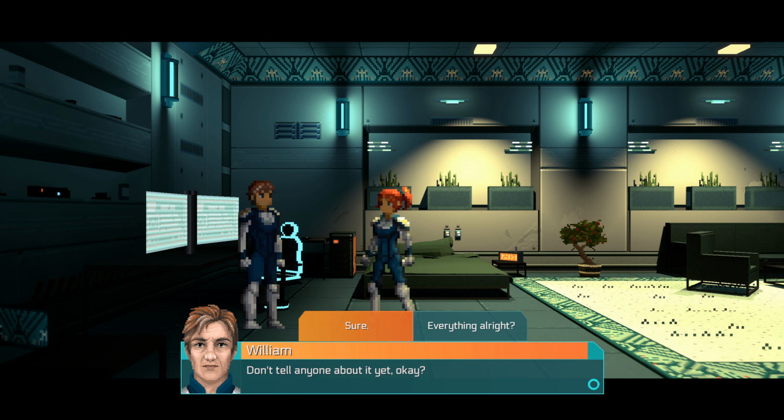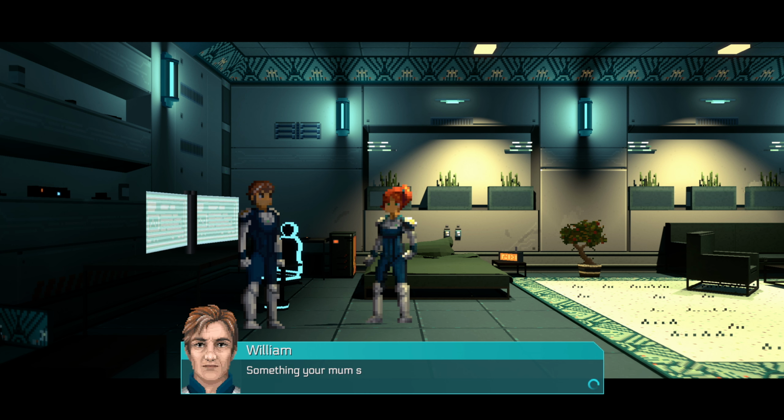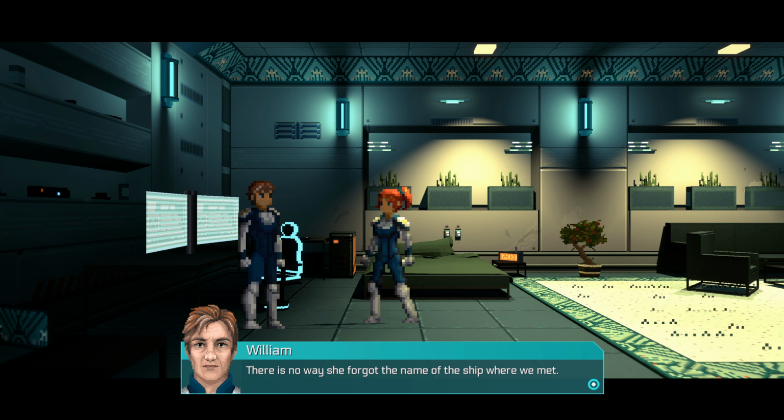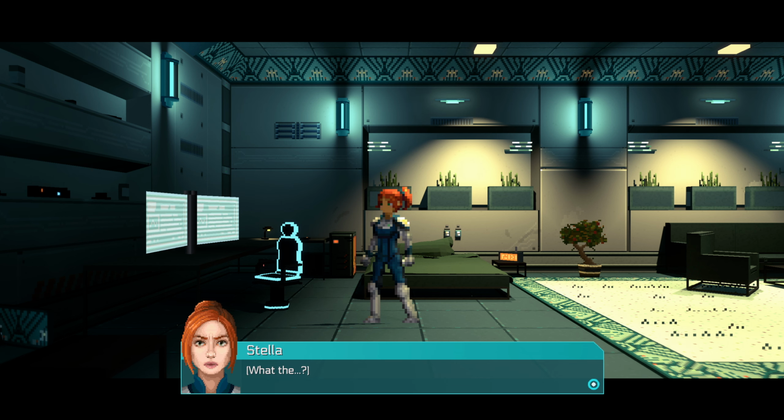And why is that? Everything alright? Are you alright, Dad? Something your mom said has me worried. What? There is no way she forgot the name of the ship where we met. I have to talk to the captain. About Mom? Not directly, it's complicated. This can't wait, sorry, I'll explain later. What the...